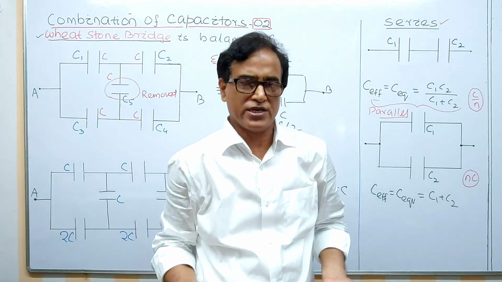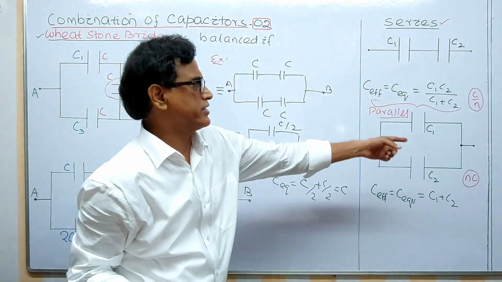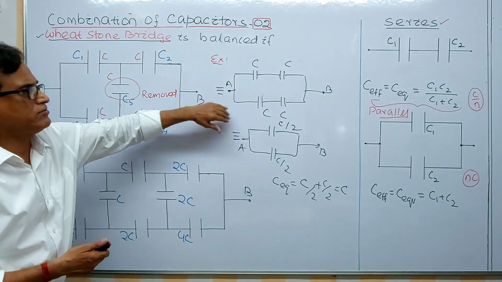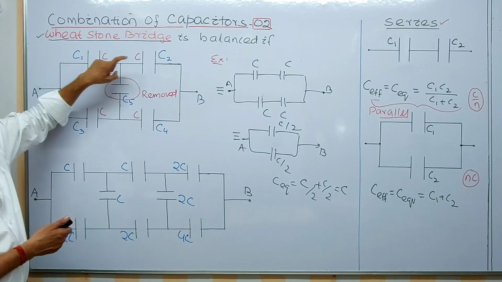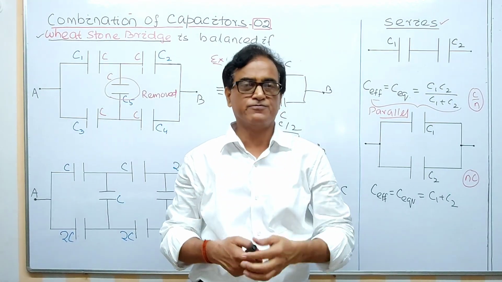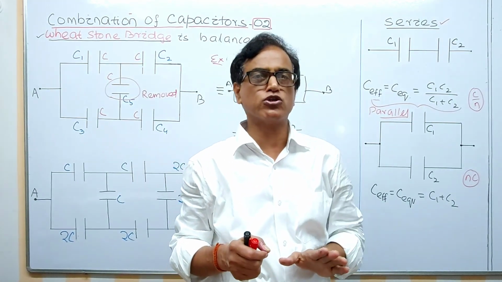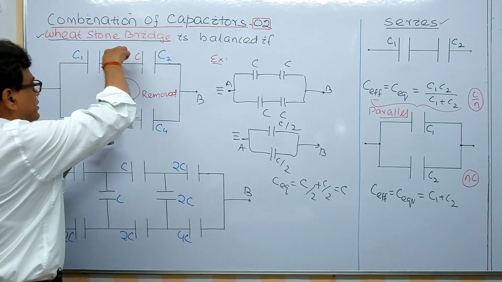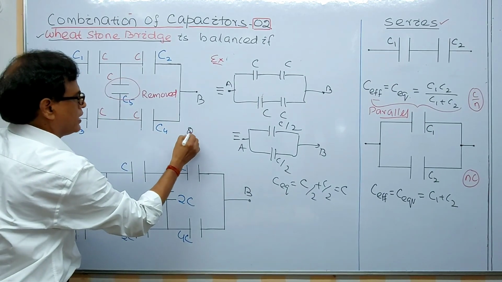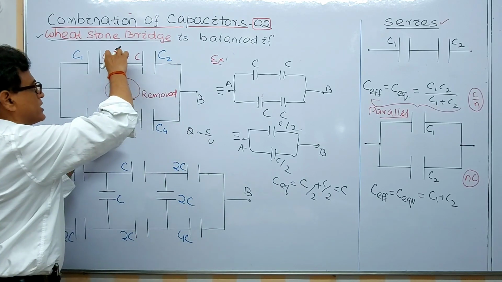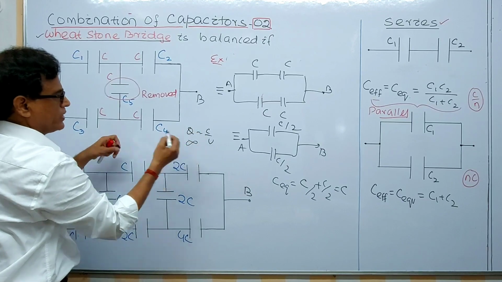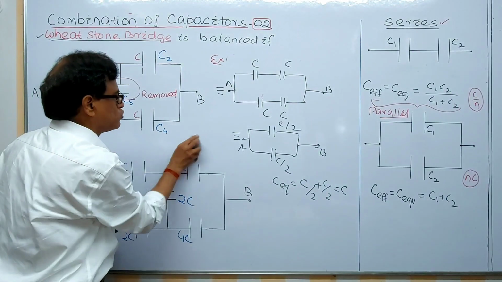Whenever you have the same values of capacitance, you apply this formula to write the direct result. No need of calculations. So I think this idea is clear now. When this by this is equal to this by this in the circuit, you can say that this is a balanced Wheatstone bridge. Then this has no meaning, because across it the potential difference is equal to 0. You know the formula Q is equal to CV; the potential difference across these two terminals is 0, so the capacitance becomes infinite, undefined. That means it is not a capacitance, it has no role.